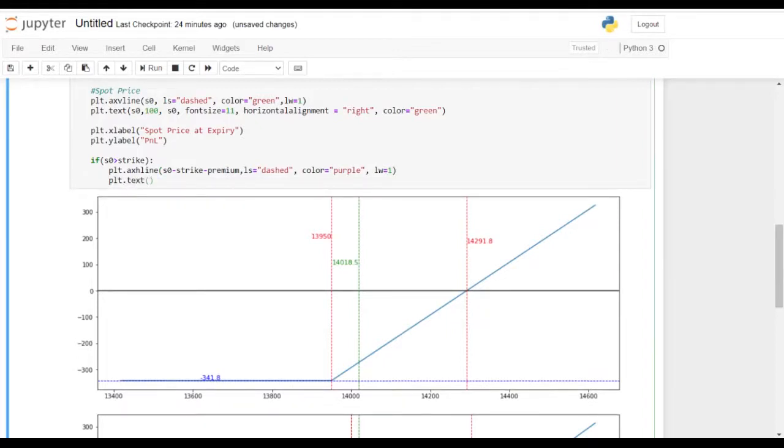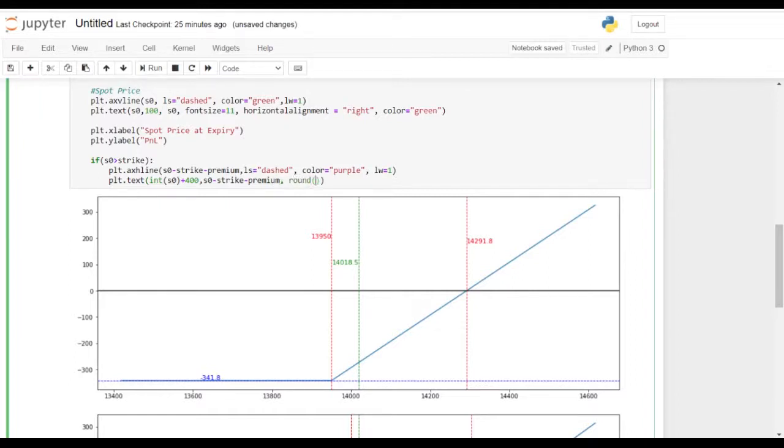plt dot text, we will be adding a text to that, integer of s0 plus 400, this is the x coordinate, comma s0 minus strike minus premium is the y coordinate, and we need to add the label.